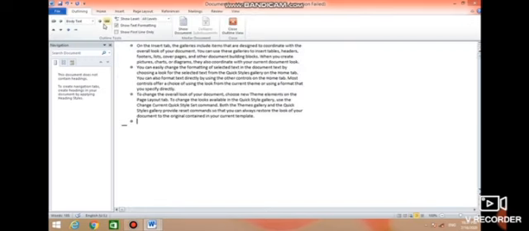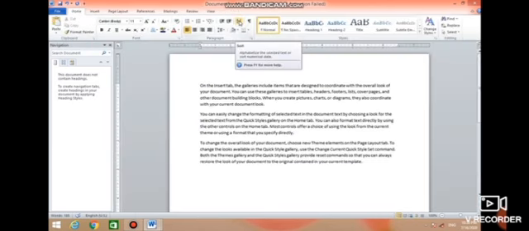Next is outline view. Outline view is used to view the document as an outline and show the outlining tools. This is useful if we are moving sections of the document or creating an outline. Means if we have different sections of a document. Now close outline view. Click on the Close Outline View option.